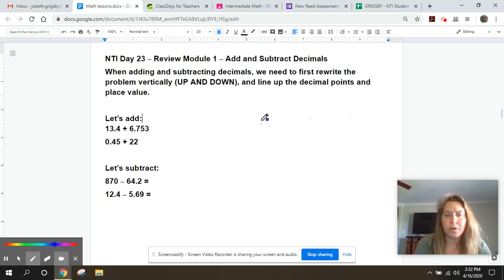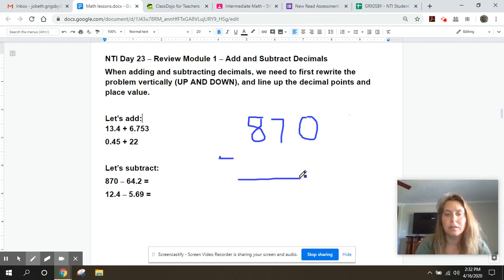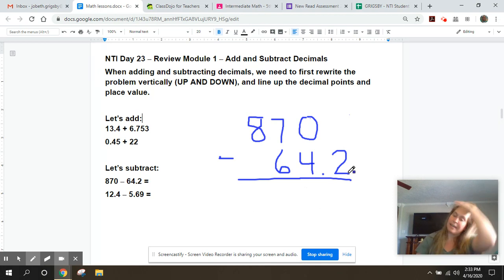All right, here we go. So hopefully you've got something written down. We have 870 and, subtracting 64. So that's going to go right here. 64 and 2/10. Now, in this case, this is why the students in my class, in my homeroom, really like to put